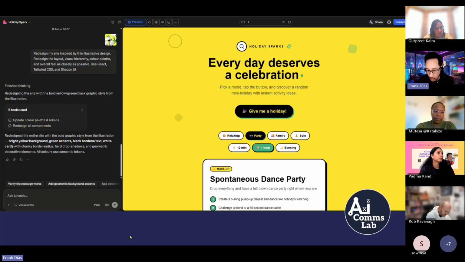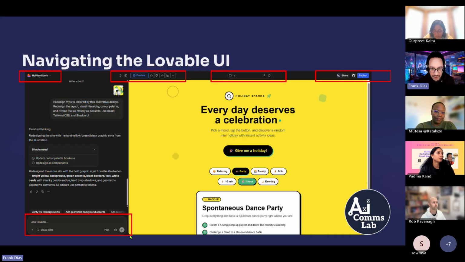So that's a very quick whistle stop in terms of scaffolding and building, and this will get you up and running. The next stage is very much up to you to then fine tune it as and when. But I'm going to show you a few other bits and pieces with regards to the navigation and the UI for you. I'm going to start in the top left hand corner. This is where I started at the beginning. This is where you access like the renaming. This is where you access your settings and a few other bits and pieces. So be curious, go and investigate all of these different elements to actually see what they do.